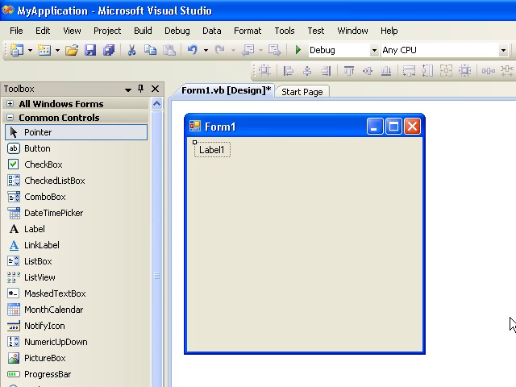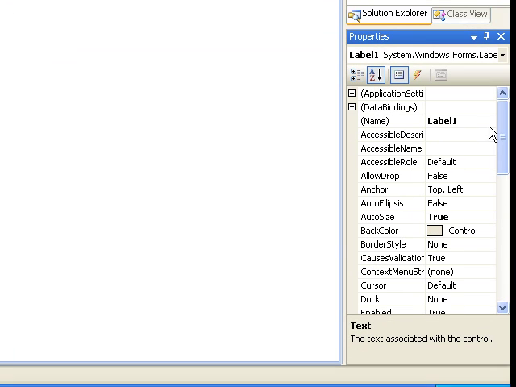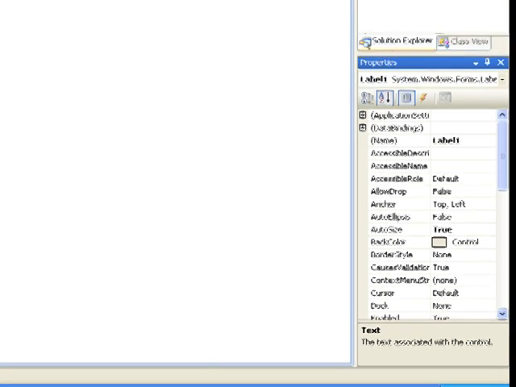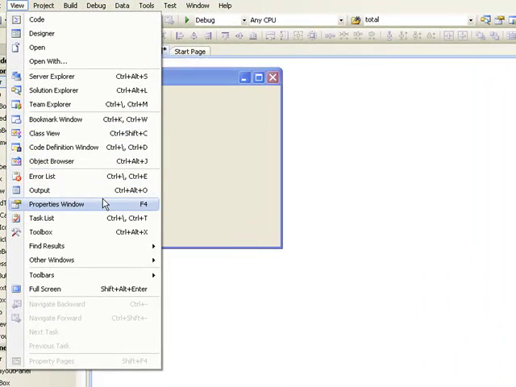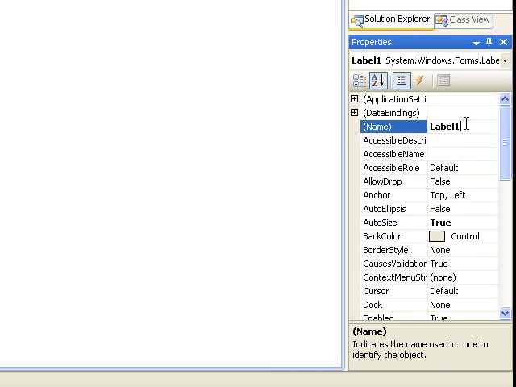When you have your control on your form, you'll want to change the name of the label. To do that, simply find the Properties box. And if you don't see that, again navigate to View and then Properties window. Here you'll want to change the name of the control. This doesn't actually change the text of the control, just the name of the control. And it's good practice to name your controls so that you know what they are instead of using the standard